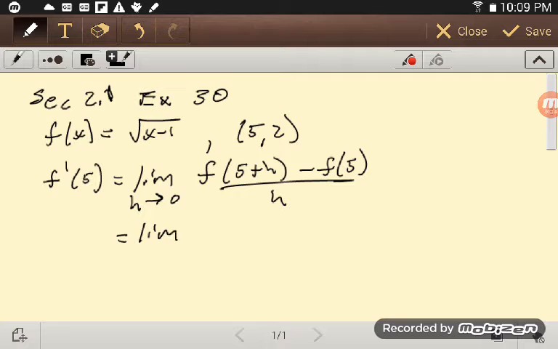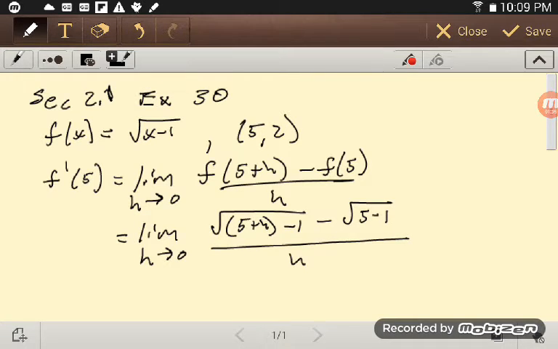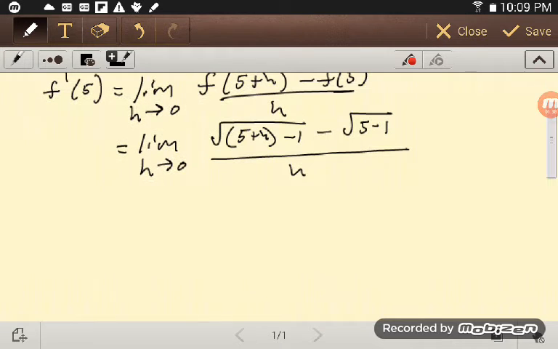So that's the limit as h goes to 0. F of 5, so we've got the square root of something minus 1. Well, that something is 5 plus h. And then minus the square root of 5 minus 1, all divided by h. So this is the limit as h goes to 0. In this first one we have the square root of 4 plus h, and in the second one we have the square root of 4, so we just get 2